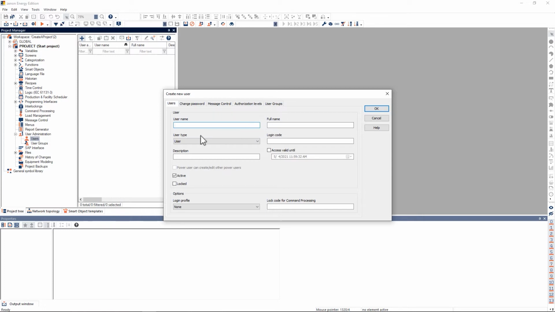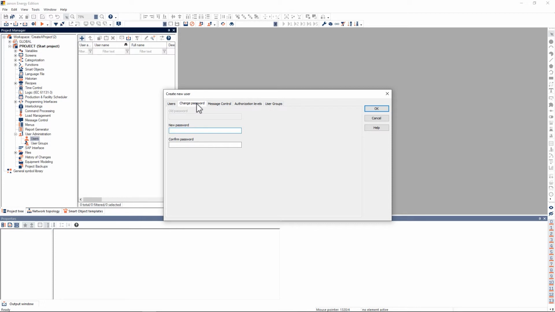User type. These user types assign what types of rights a user gets when it comes to creating, editing, and deleting users. A user can only carry out actions depending on what authorization level they are assigned. A power user can create and edit other users, excluding administrator users, which are able to create and edit all user types. We will enter operator under username, operator user under full name, and keep the user type as its default selection. Click the Change Password tab.